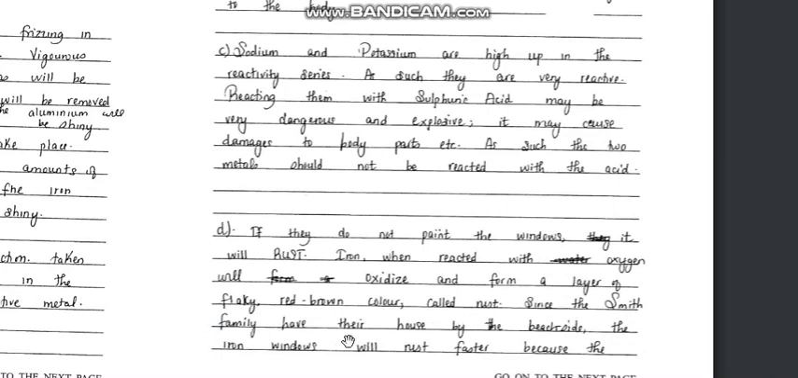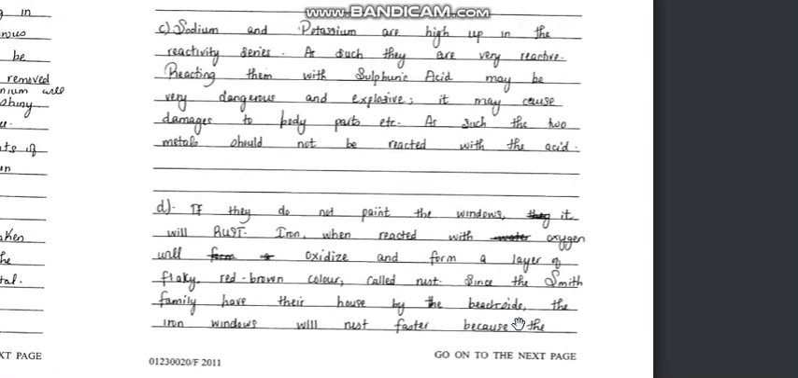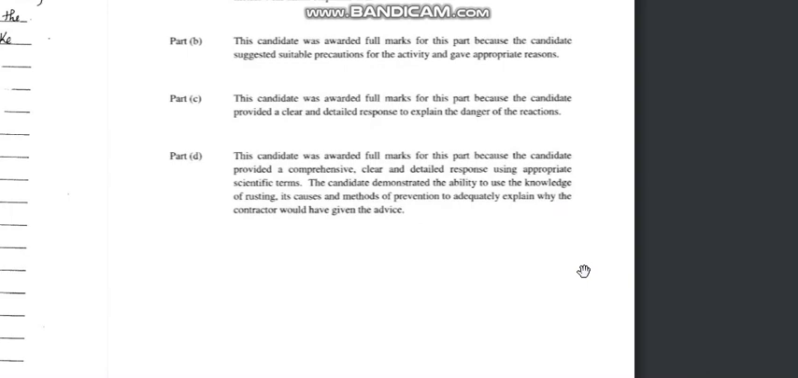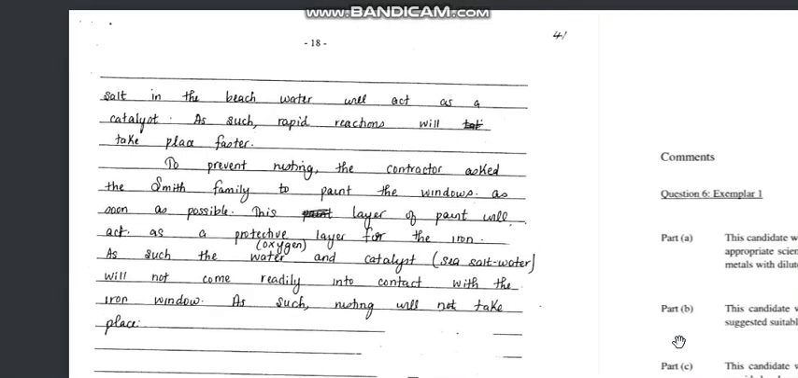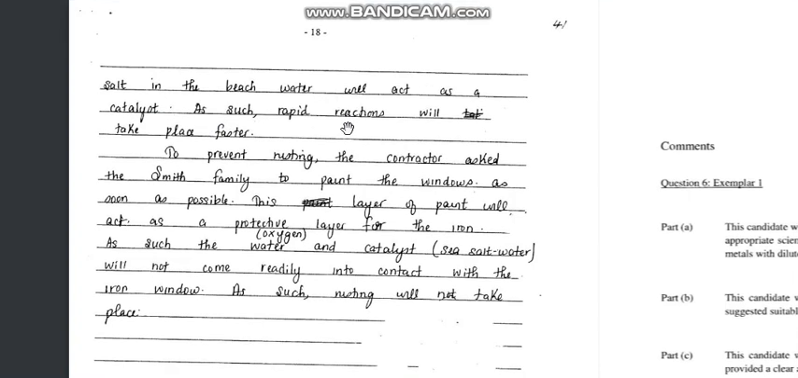Since the Smith family have their house near the beach side, the iron window will not rust fast once he paints it. Alright, guys, so let me finish off. Rust is faster because the salt in the beach water will act as a catalyst. As such, a rapid reaction will take place. And to prevent rusting, the contractor asks the Smith family to paint the windows as soon as possible. This layer of the paint will